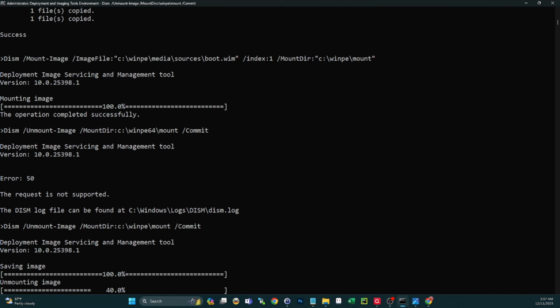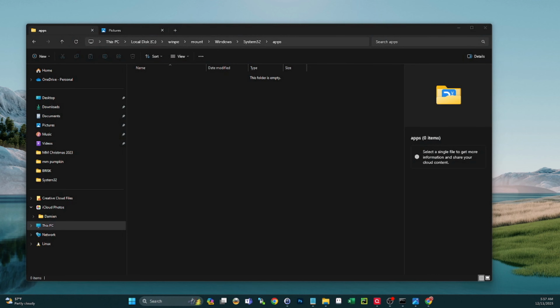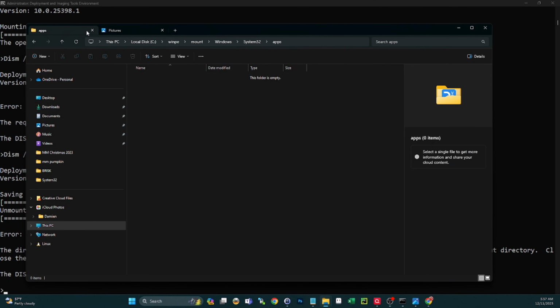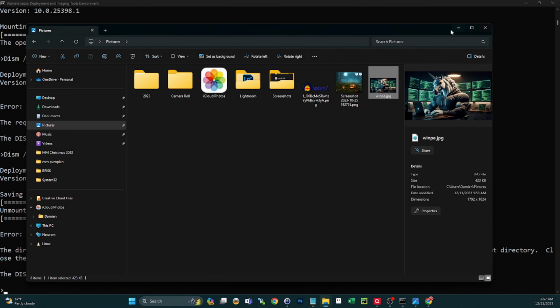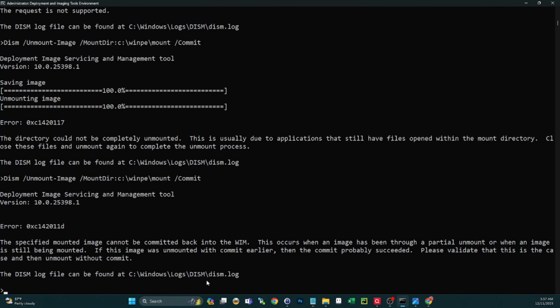So make sure you have the windows closed, because I think I just messed it up because I didn't have the windows closed. So you need to make sure that you're not in here when you try to unmount it. It may or may not work this time. We can try to unmount it again. Yeah, it's going to bark. I think we can still go ahead and make the